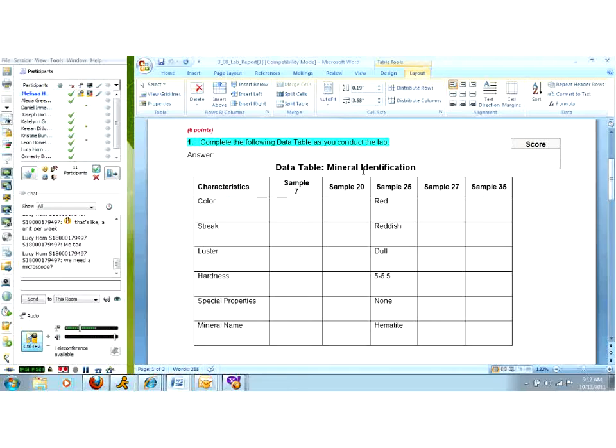You're going to submit this lab report by the end of the day today, Thursday, October 13th, into the 3.08 Dropbox. You don't need a microscope for this, but you do need a hand lens. By the end of the day